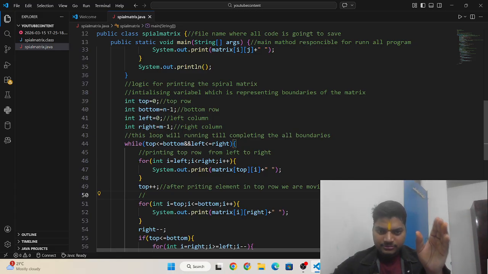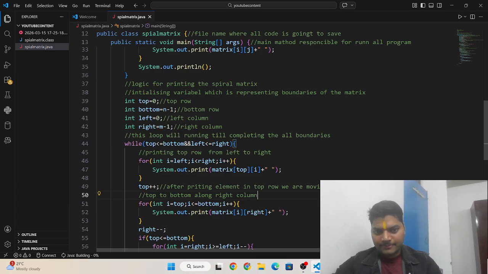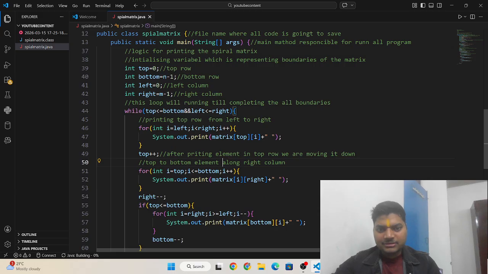Then we are printing top to bottom along the right column. Okay, top to bottom elements along the right column. We are printing those elements which are present in the right column.